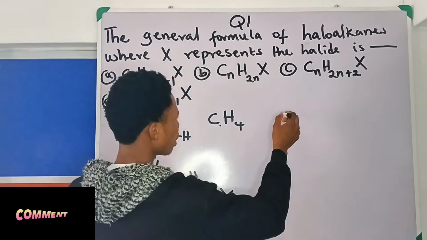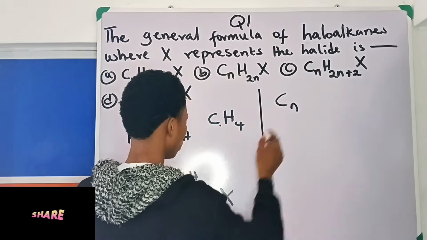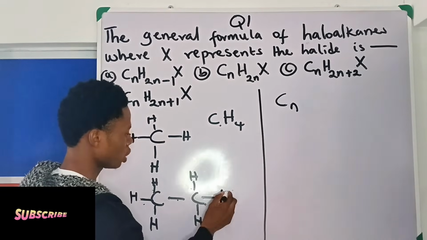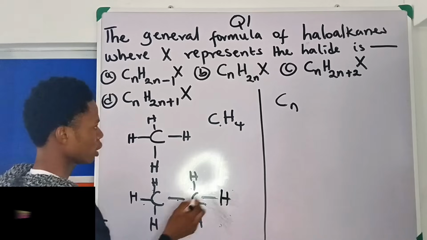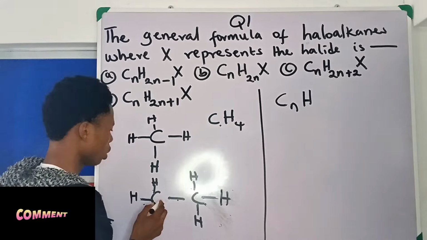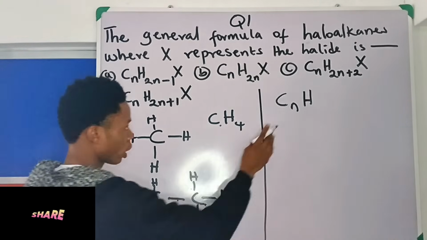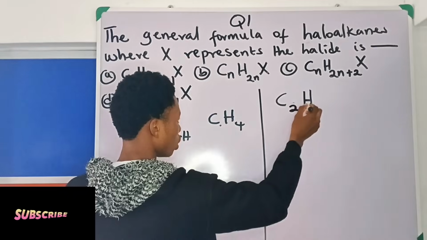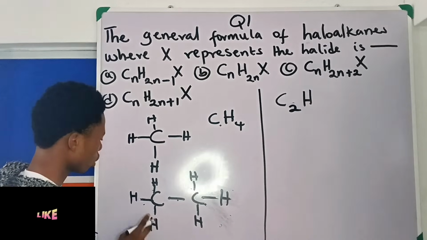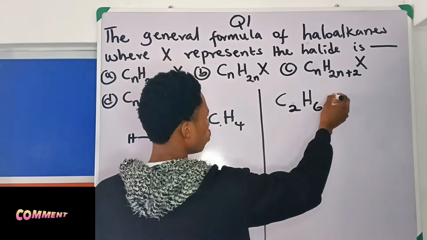Good. Now, if you check the general formula of alkane, it is simply CnH. Remember, H was here before. Now, if you look at this, let's start with this one. How many carbon do we have here? 2, right? So let me say C2H. How many H? 1, 2, 3, 4, 5, 6. We have 6 of it, right? Meaning you can say